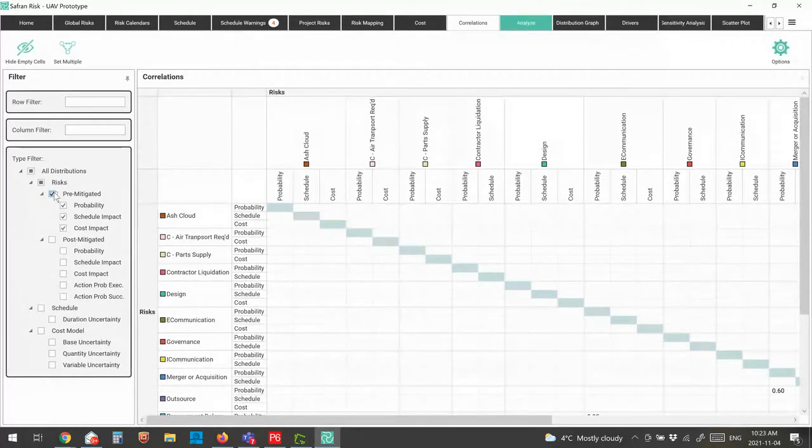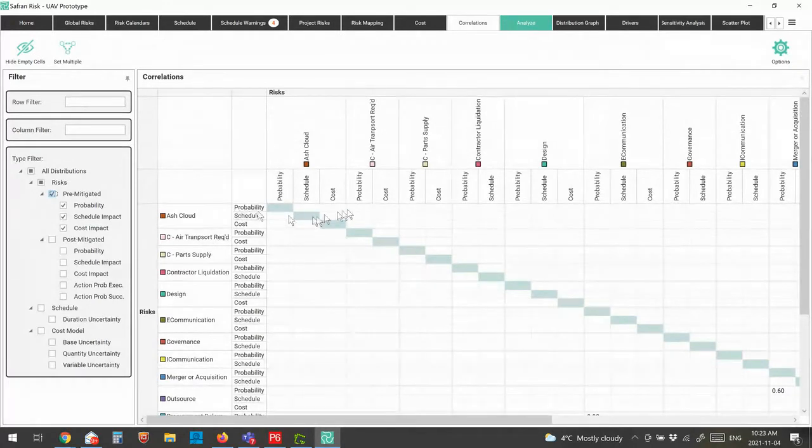Or if we have labor trouble at the beginning of the project, we're probably going to have labor trouble throughout the entire project. Or we might say, if our ash cloud risk fires, then we're probably going to have trouble with parts supply, because if we can't actually fly our model, we probably can't fly our parts in either. So again,